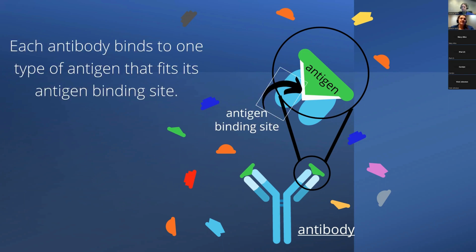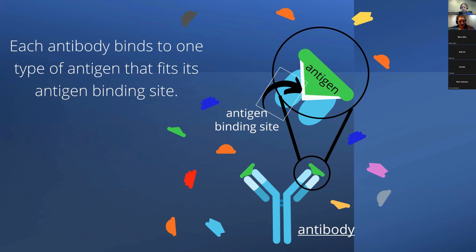And they do this at what we call an antigen binding site. So basically, again, two puzzle pieces, they snap together. But as you can see on the screen, there are a few different shapes of antigens, and this antibody can only bind to this specific antigen, which means if multiple different viruses have this same antigen on the surface, that antibody can bind to all of those different viruses as long as the antigen is the same, which is very cool.